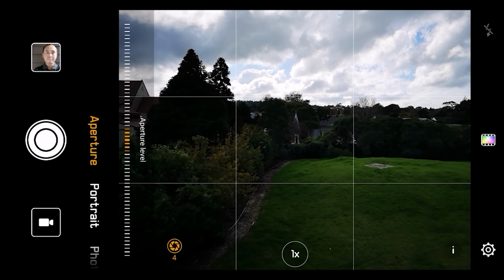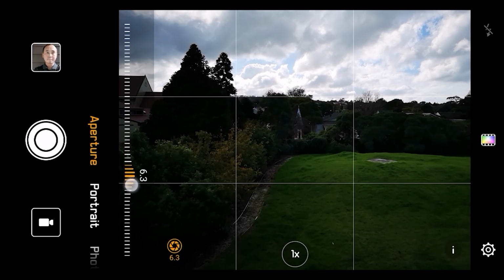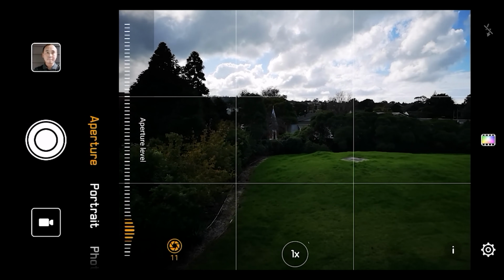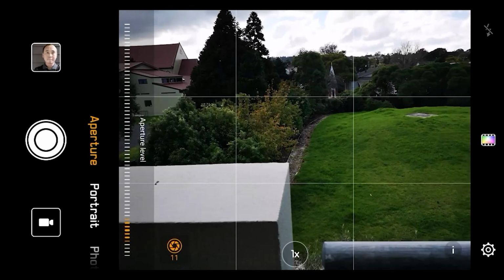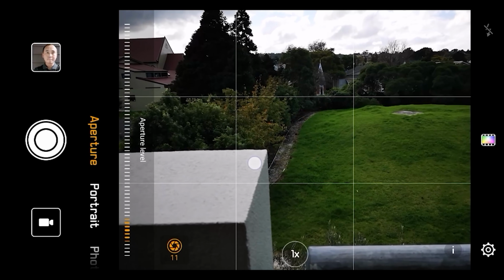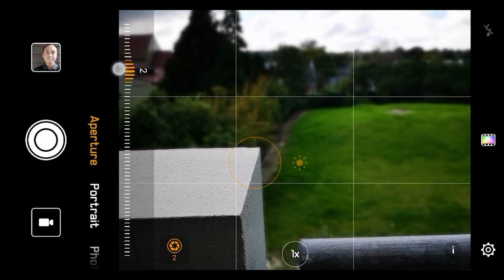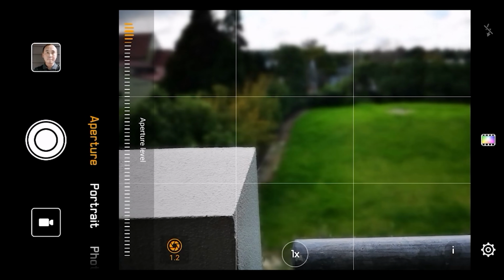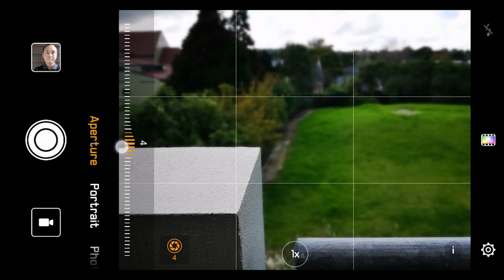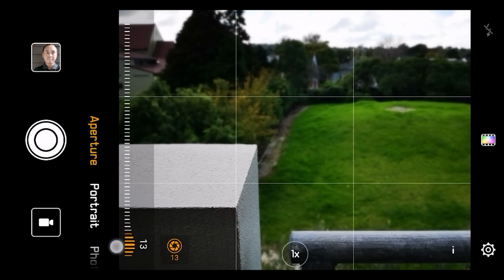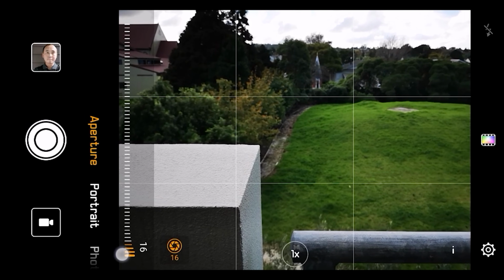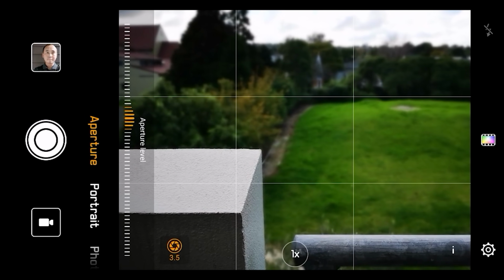And here you can adjust how much blur you want. For example, I set a focus point here first, and then I can adjust the blur. If I adjust it to a small value, the background looks really blurred, and if I adjust it to a larger number, the background is not so blurred.